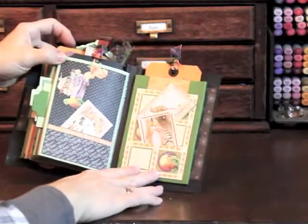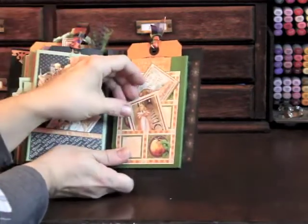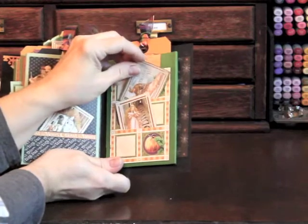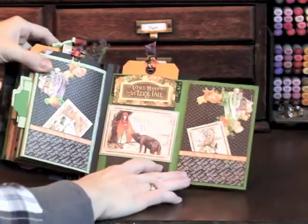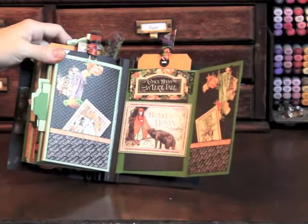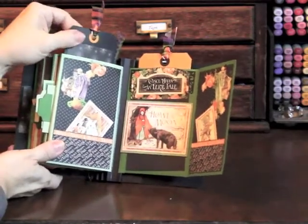So it shows the spinning wheel and a couple of the images from that story. And then we move over to some more pages with pockets. And this one I just scored openings on each of the levels to stick tags into. And on the other side, each side of this Red Riding Hood section are pockets to hold tags. Tags in above,